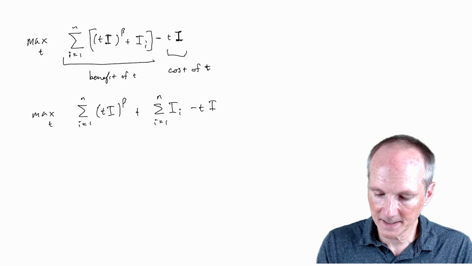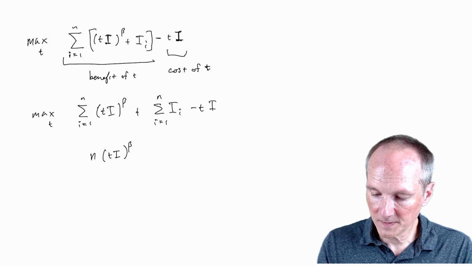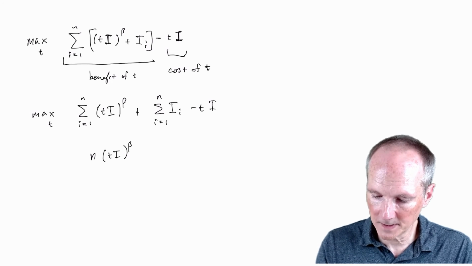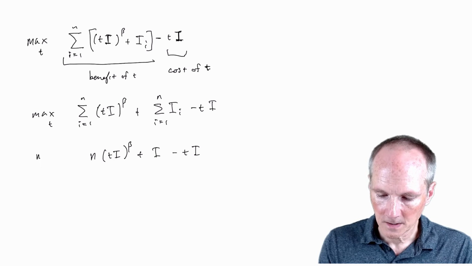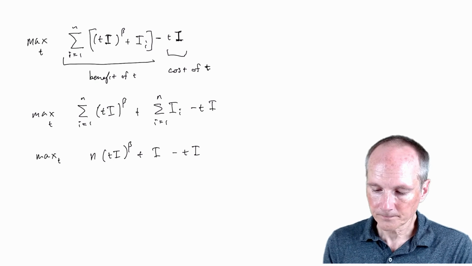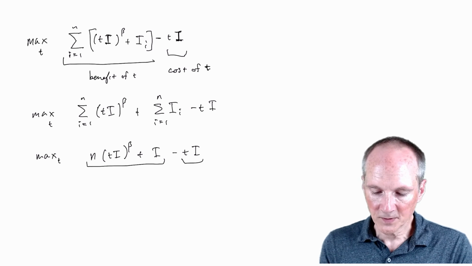And so that ends up just being n times t i beta. This here is just the total income. And there we go. Okay, so again, this is like our benefit, this is like our cost. Okay, now the first order condition